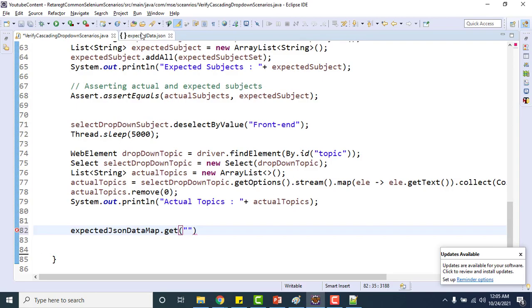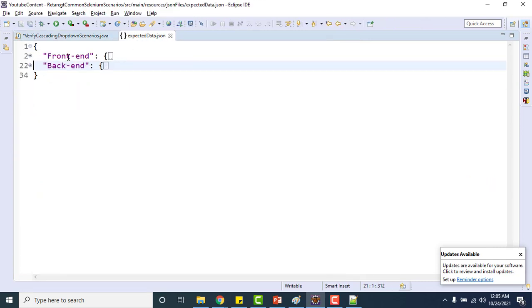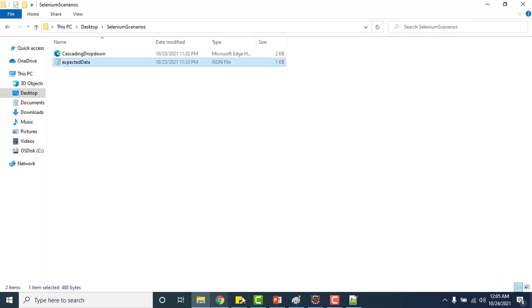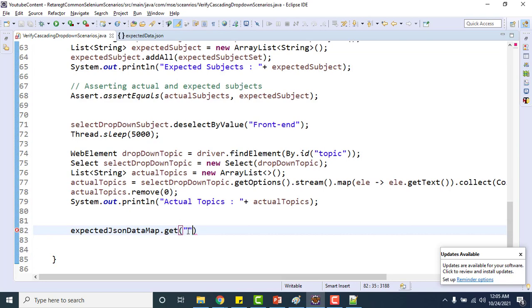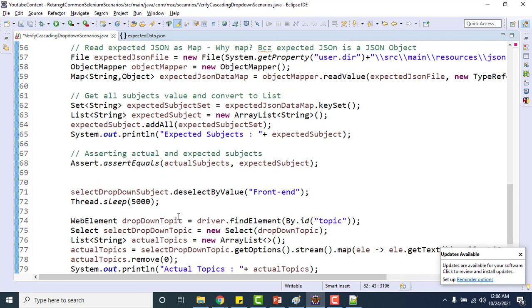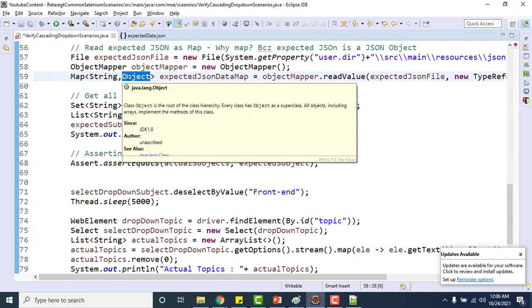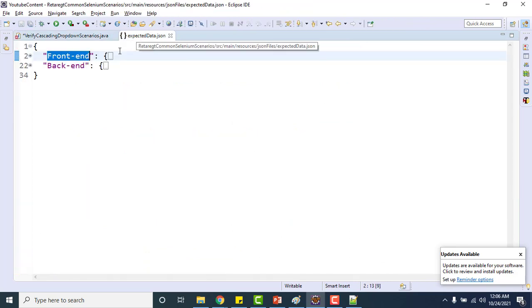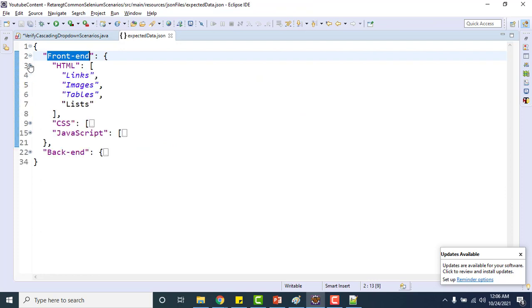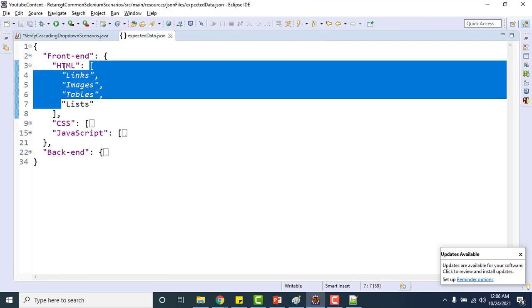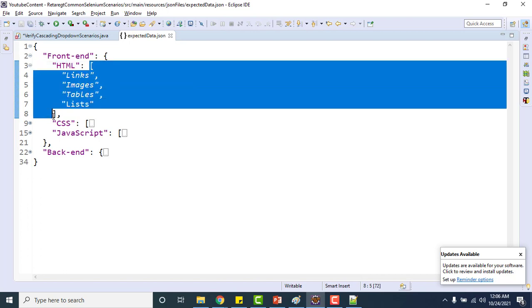Here we have two keys, so I want to pass this front end and get the value. If you see, it is a string and object, so whatever value it can hold, any kind, because it is object. Actually, it is again holding one key value pair only, right? This is the key and this is the value, correct?